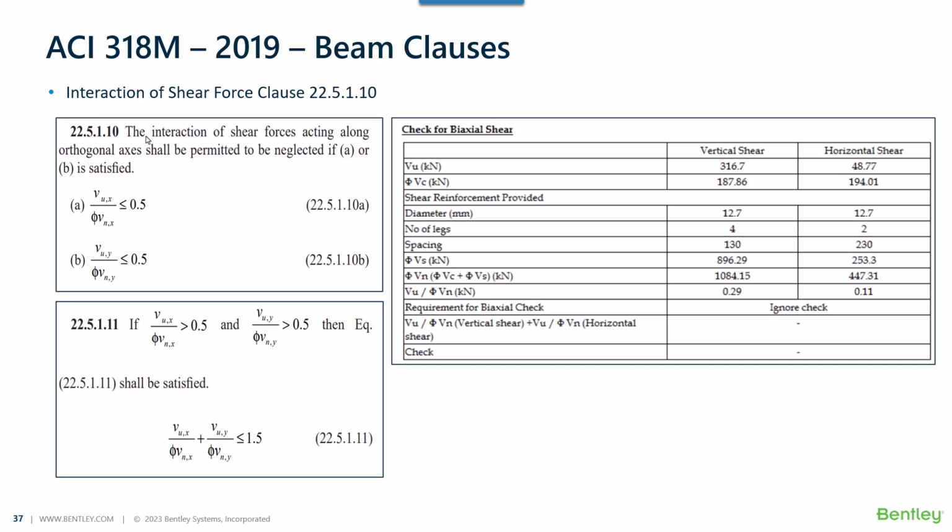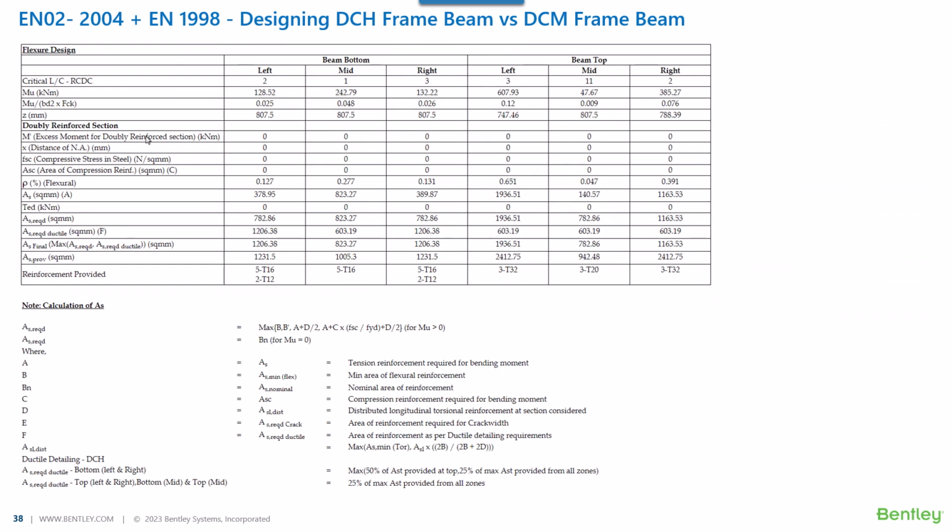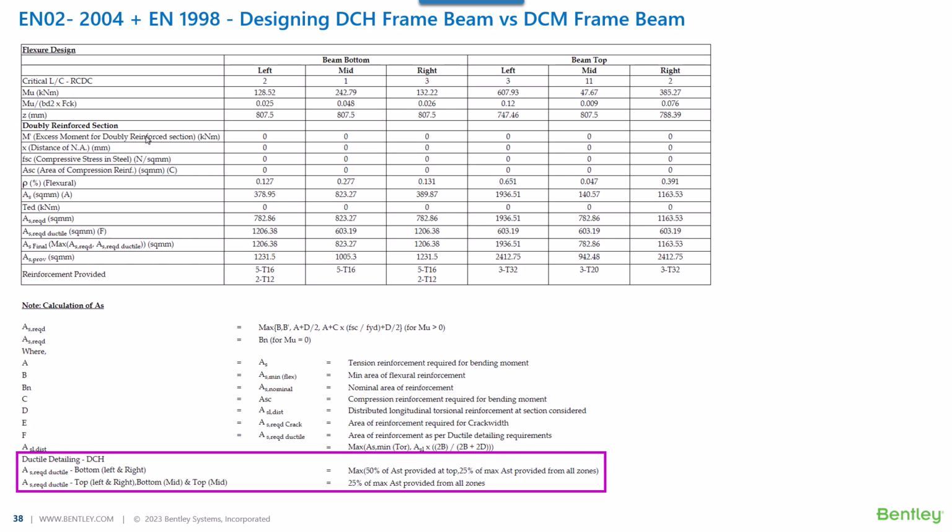And next, now we will move on and quickly look into the difference in the design of a beam when designed as per the ductile class high frame and ductile class medium frame beams for the Eurocode 2 along with the ductility, that is Eurocode 1998. So there are just two differences that are mentioned in the code. One is while determining the AS requirement for a ductile class high beam, and that too at the bottom support